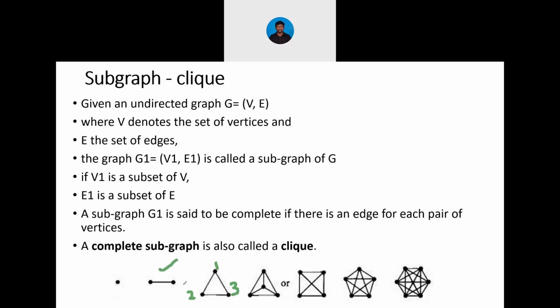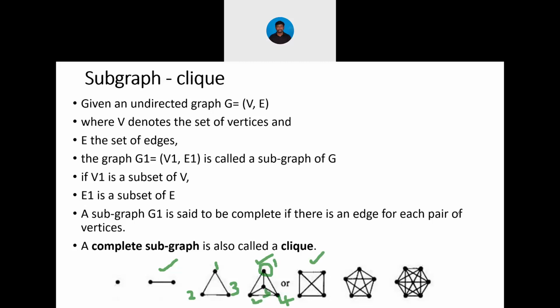If each pair of the vertices is communicating with each other, then that is called a complete graph. We consider this fourth picture. Each and every vertex or node is communicating with every other vertex present in this network. So this first node is communicating with the second node, third node, and also the fourth. Similarly for each and every node. And considering this picture, this node is communicating with all the other nodes.